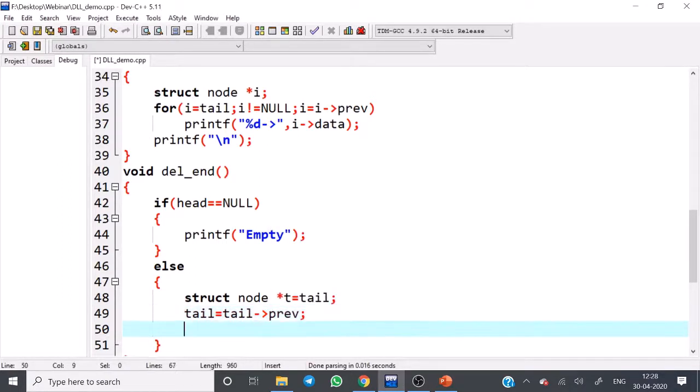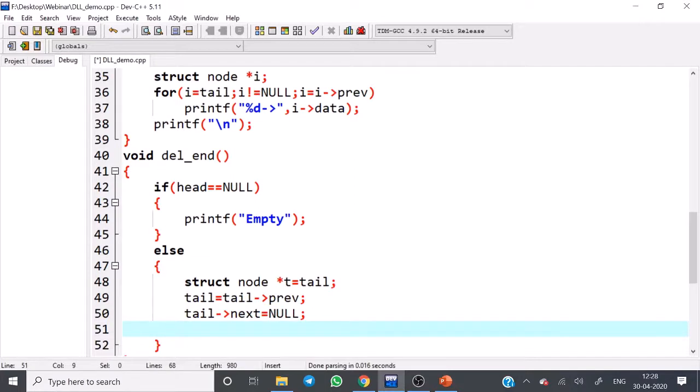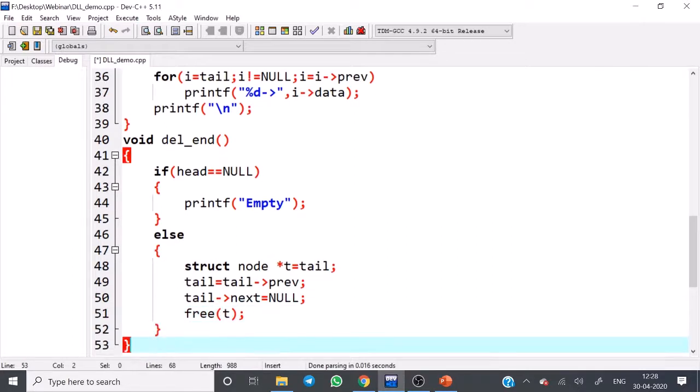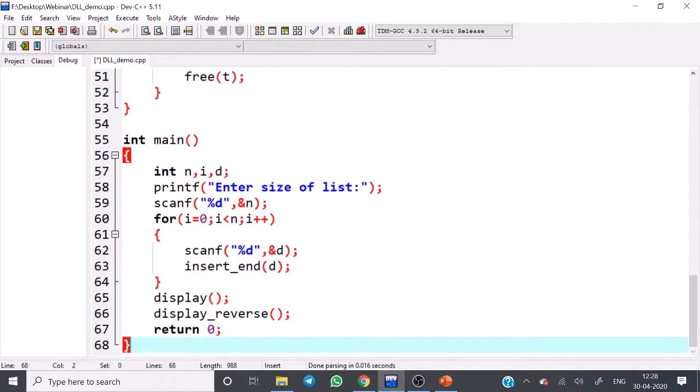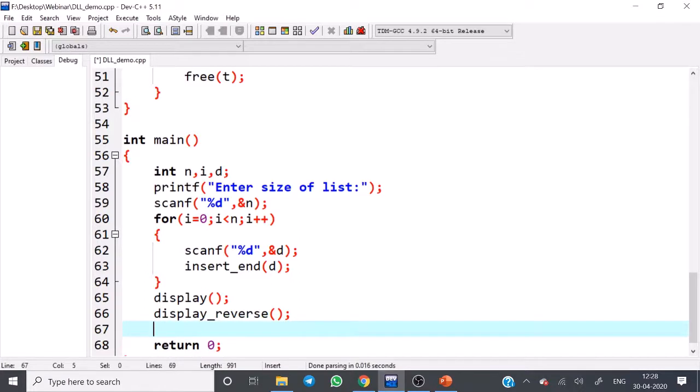We can move forward, and just to go backward, and just set tail of next equal to null. After that, you have to free up the last node that is stored in the variable called t. That's all. Just call this function delete at the end.